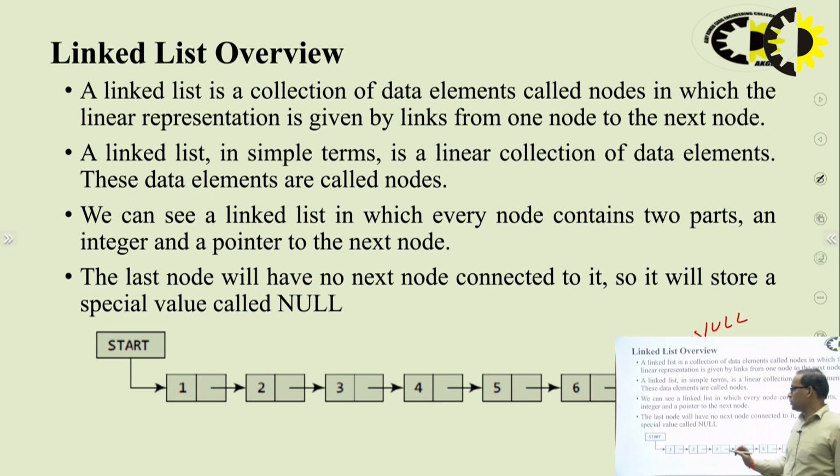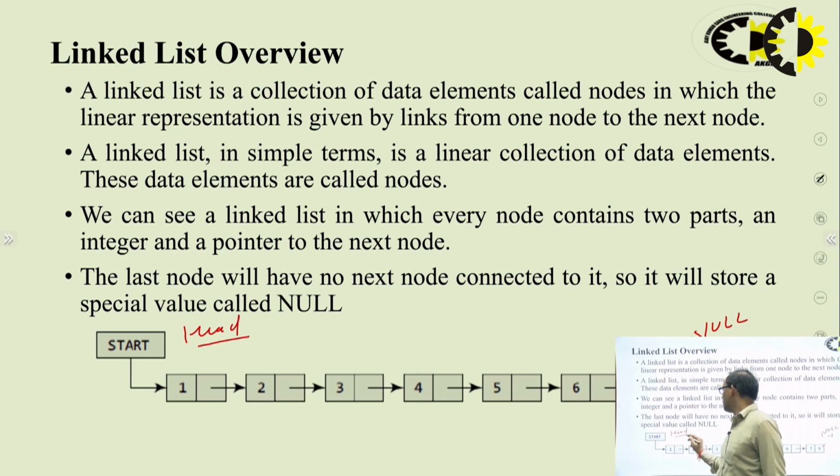And one more thing is there is another variable, start, or sometimes it is also known as the head variable. This is a pointer variable which contains the address of the first node. It means it basically represents from where the linked list is going to start. So the start variable or head variable always contains the address of the first node, and in the address field of the last node of the linked list there will be null, because after that there is no node.